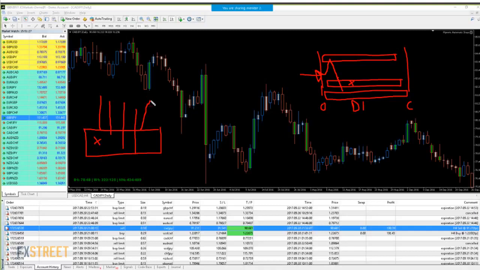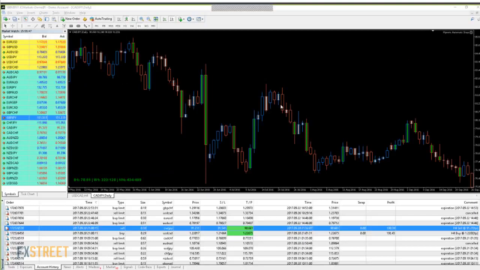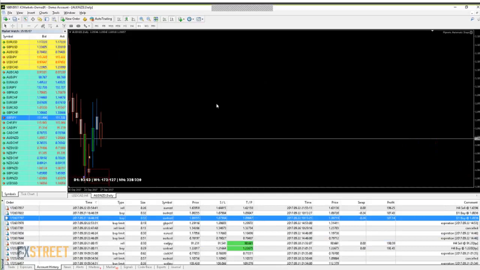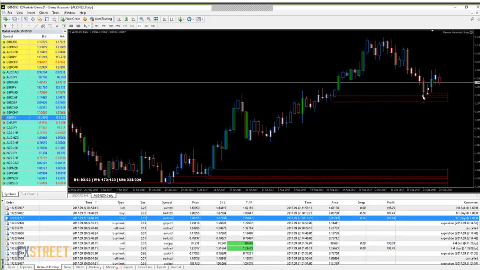It makes me and other people understand why price moves the way it does. Well, a little bit. We don't really know what's going on, but it makes us feel a little bit more comfortable. Okay, so let's look at another trade that happened, and this was a buy down here,